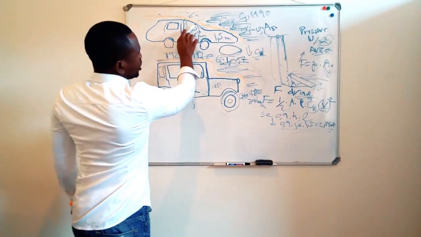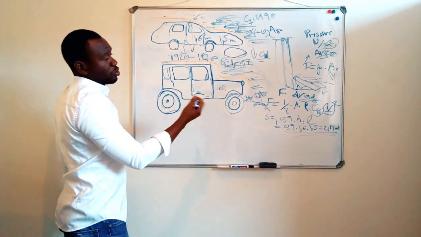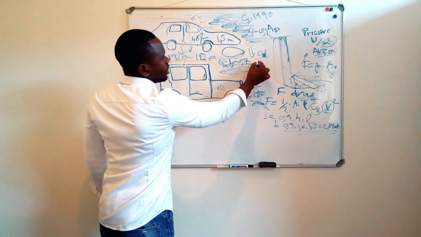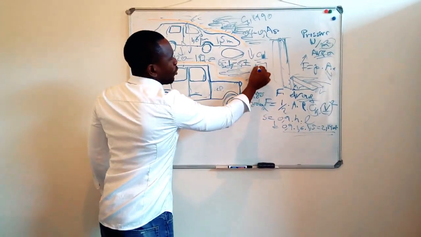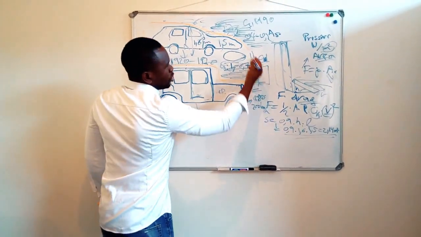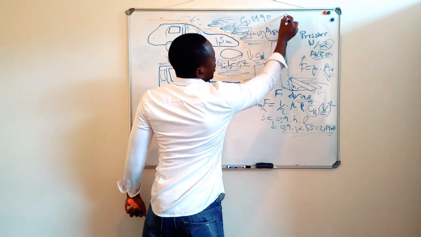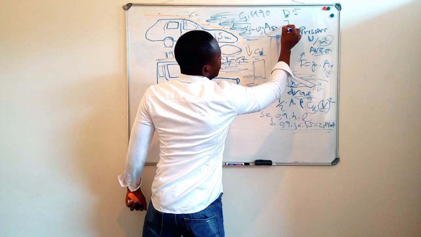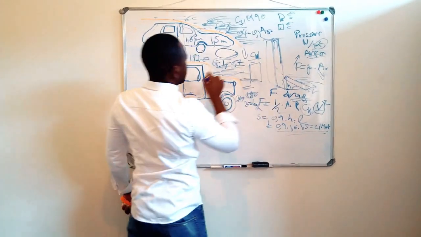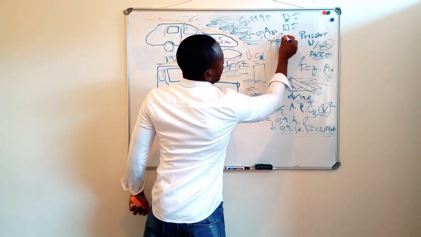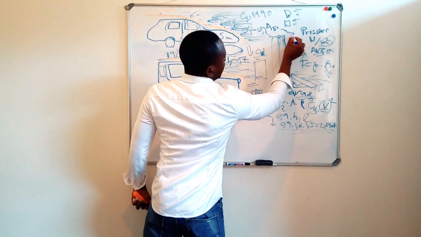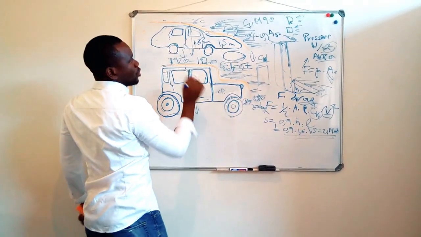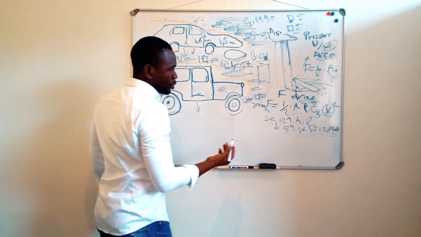And considering this shape according to the chart, if you want, you can go on the internet or Google somewhere and you're going to get the chart of the coefficient of drag. According to this shape, if the air is coming from that side, we have this shape, and the coefficient here is 0.2.